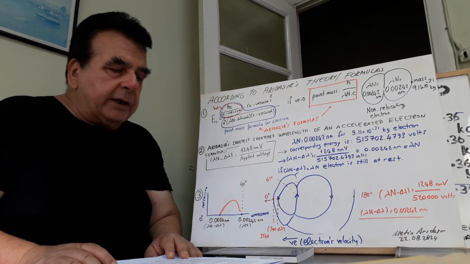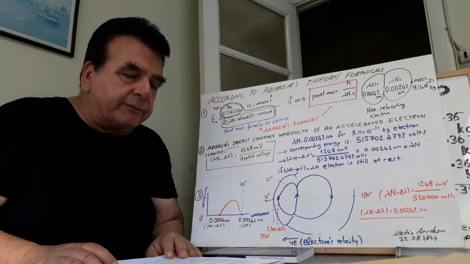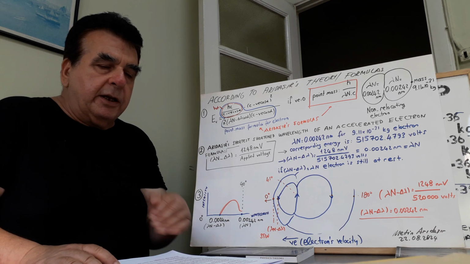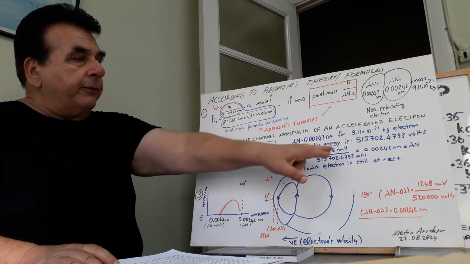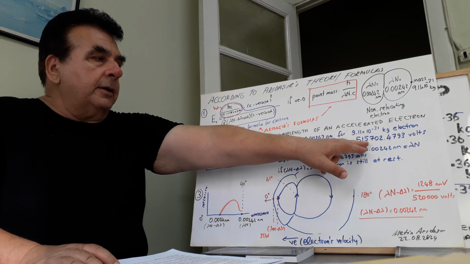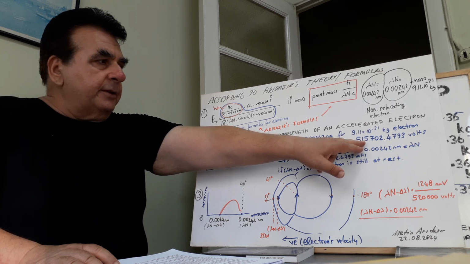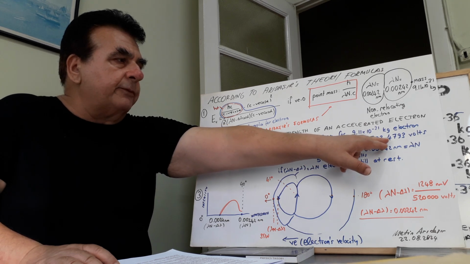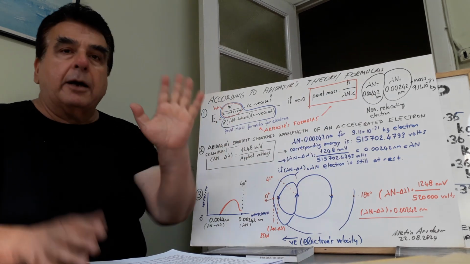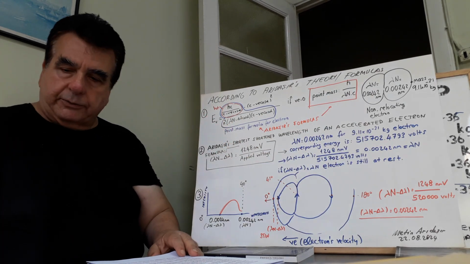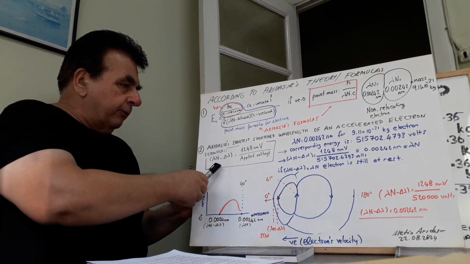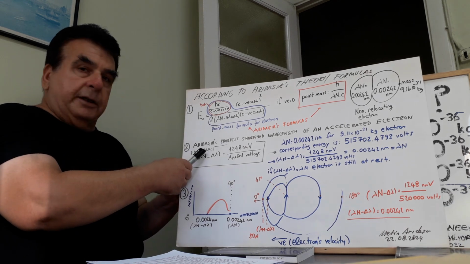You can only accelerate an electron of this mass with a voltage greater than 515,702.47 volts. How? Because I put forth my formula,